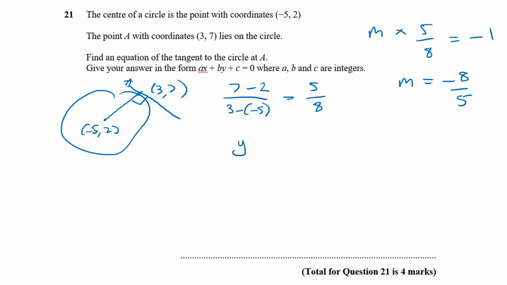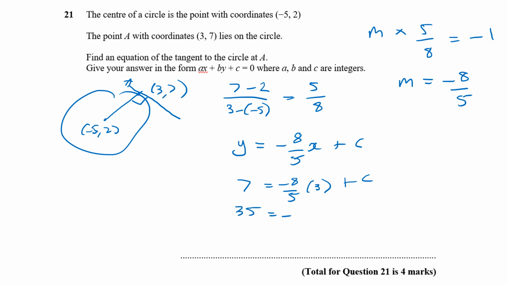So the equation of my tangent is going to be y equals -8/5 x plus c. Make sure that's clearly an 8. And it goes through the point (3, 7), so when y is 7, x is 3, so 7 equals -8/5 of 3 plus c. I can multiply both sides by 5 if I wish to get 35